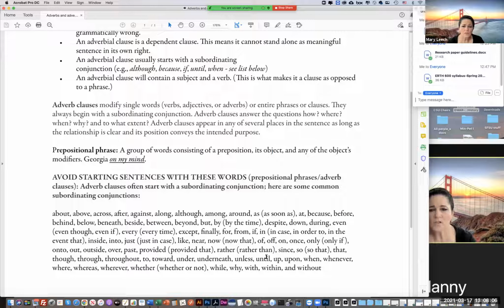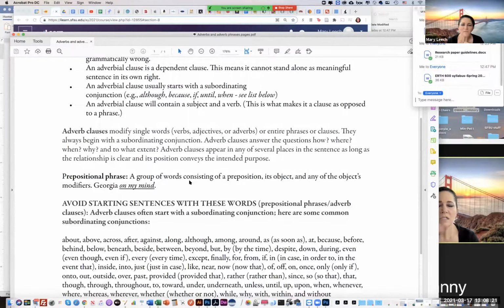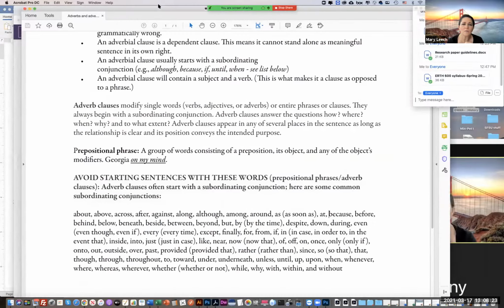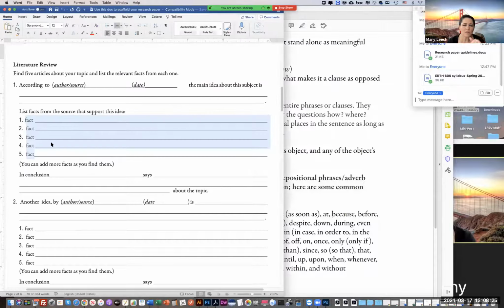So I really want you to focus on, get the words down, but then identify the subject, identify the verb. So why don't we do this? Why don't we take 10, probably 15 minutes, somewhere in there, like 12 minutes, and start with your first source and try to transform this into a paragraph,